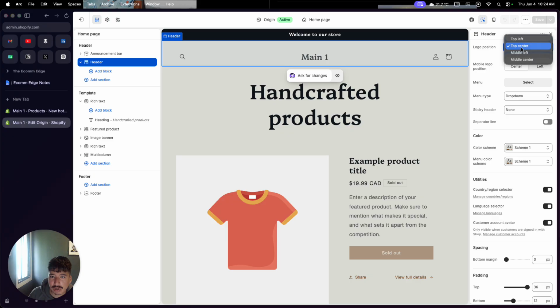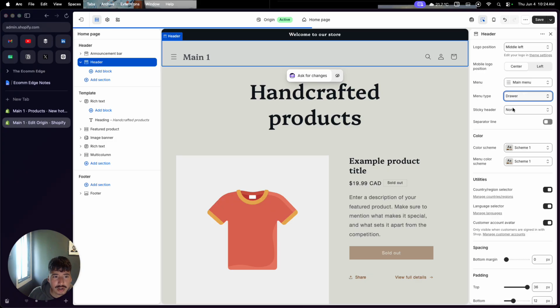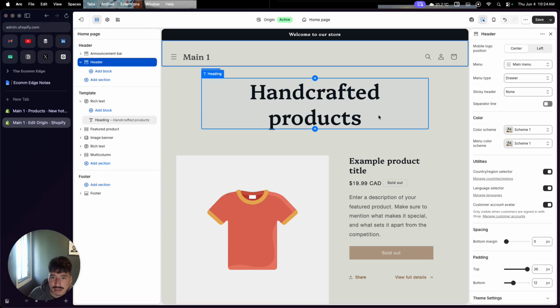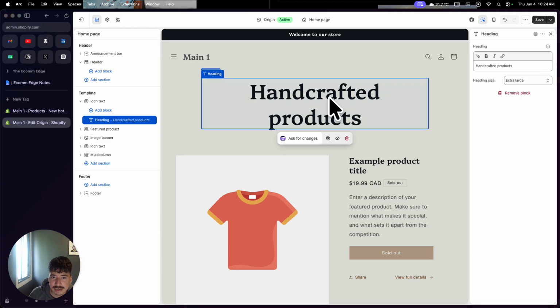You can play around with where you want the logo, right? Maybe you want it middle left, right? The logo, and then maybe you want the menu, once you selected it, to be a drop down menu or even a drawer. I like the drawer just because it's more minimalistic, right? So it's very simple, easy to navigate. If I want to edit this, just click on the text, right, and it will highlight the box, and I could go ahead and be like,